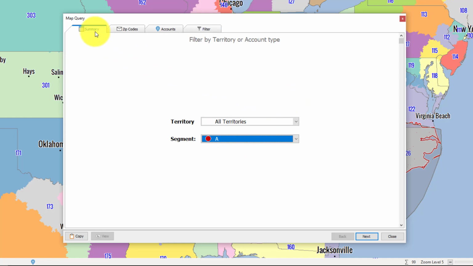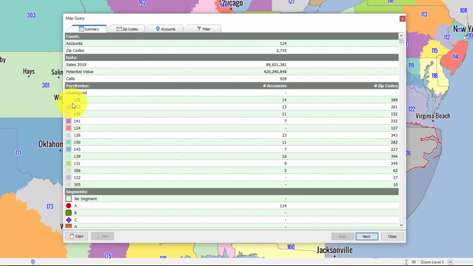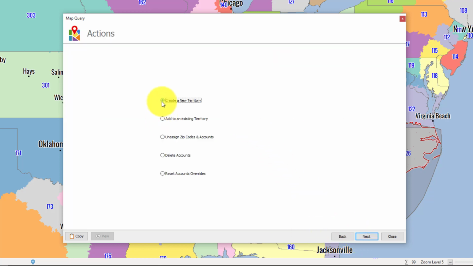So now let's click back on Summary, and you'll see that we still have those territories selected, but we only have A accounts selected in that lasso, and the data here is showing all the data for just those A accounts. Clicking on Next, clicking here on the first option, Create a New Territory, we can assign all of those